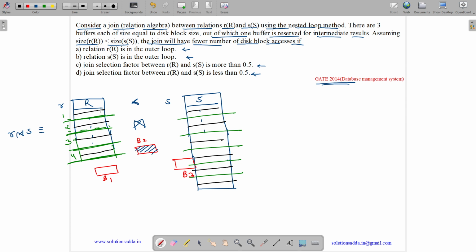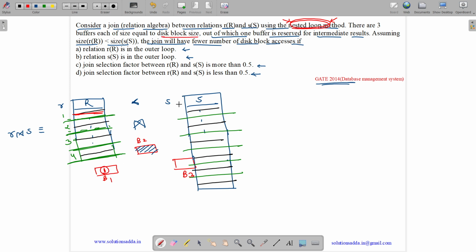Now what happens when we apply the nested loop method? There are two methods, nested loop method and block nested loop method. Nested loop method means that, let us assume R is in outer loop. Each tuple of R will be checked with each tuple of S. To check this, we need to bring block 1 of R into our disk block.